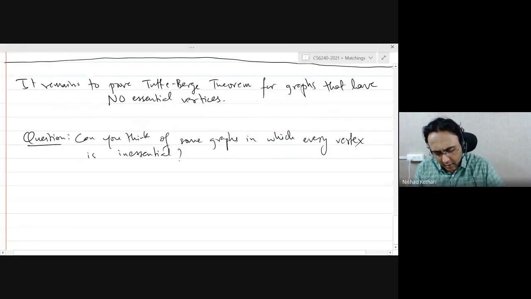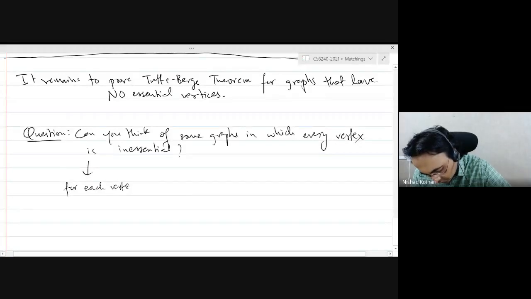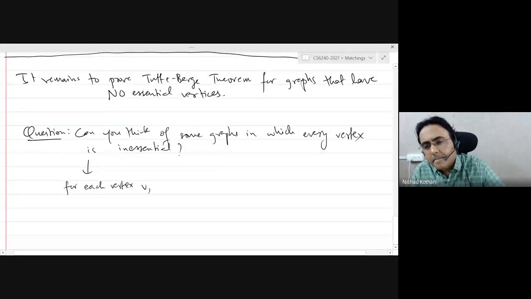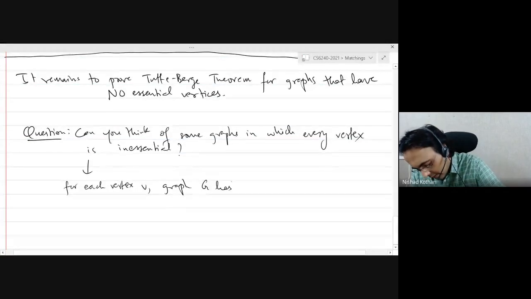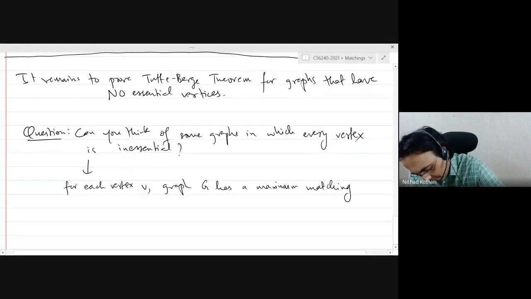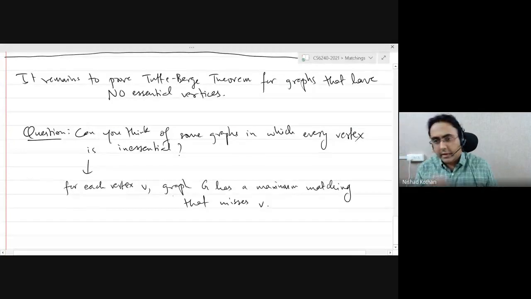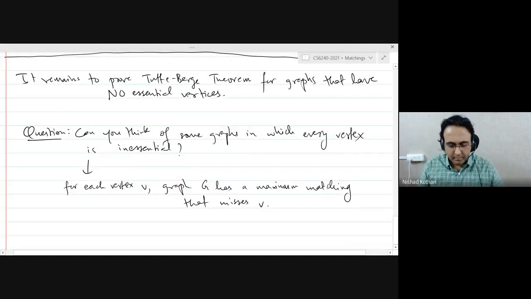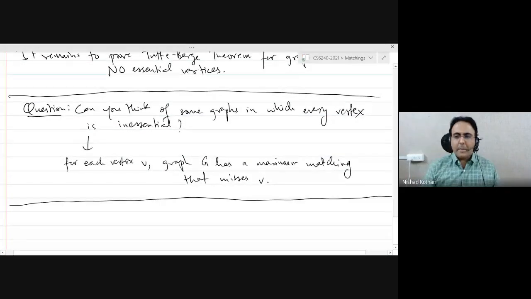So what does that mean? You want that for each vertex V, the graph G has a maximum matching that misses the vertex V, right? So it does not cover the vertex V. All right, so let's see.